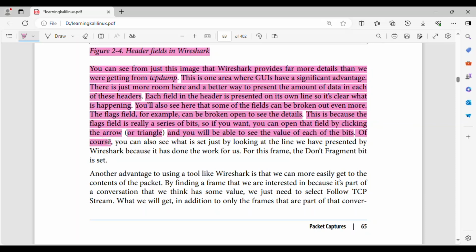Of course, you can also see what is set just by looking at the line presented by Wireshark, because it has done the work for us. For this frame, the don't fragment bit is set. Another advantage to using a tool like Wireshark is that we can more easily get to the contents of the